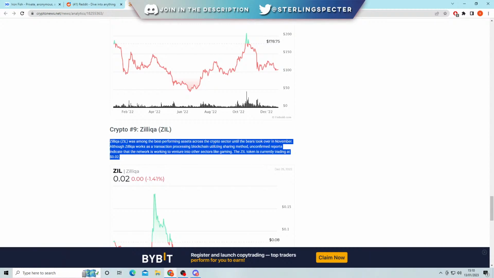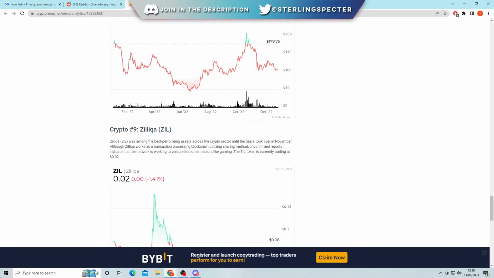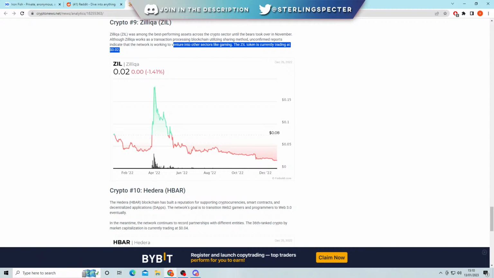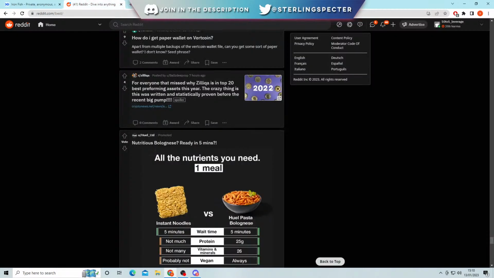Zilliqa was amongst the best performing assets across the crypto sector until the bears took over in November. Although Zilliqa works as a transaction processing blockchain utilizing a sharded method, unconfirmed reports indicate that the network is working to venture into other sectors like gaming. The ZIL token is currently trading at $0.02. So it did have a spike back in April of 2022, and I think the price has just gone up a little bit more because people have started to dual mine it, and it's become slightly profitable to dual mine Zilliqa and